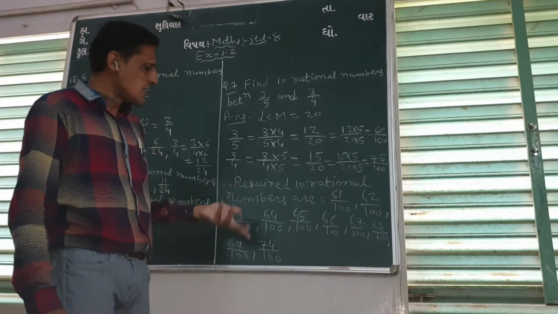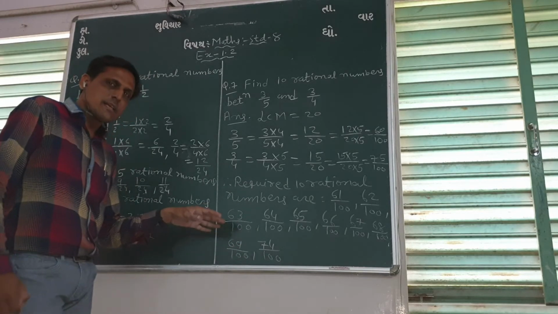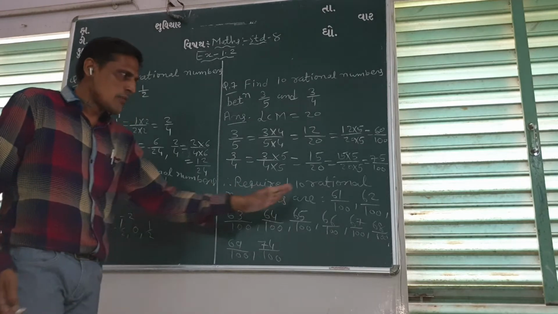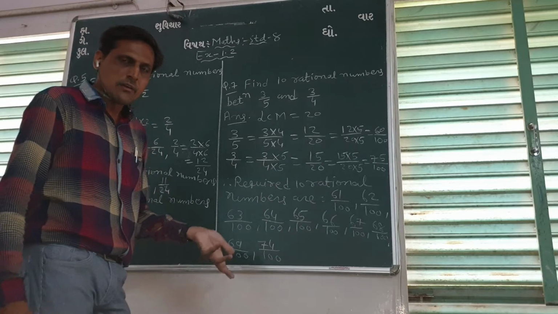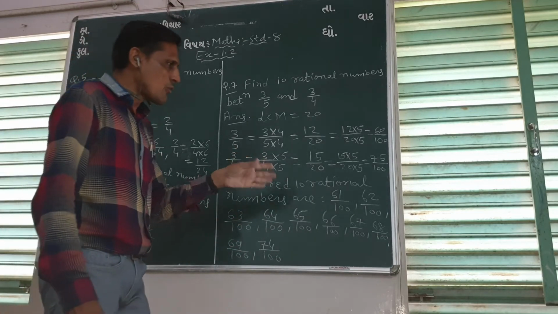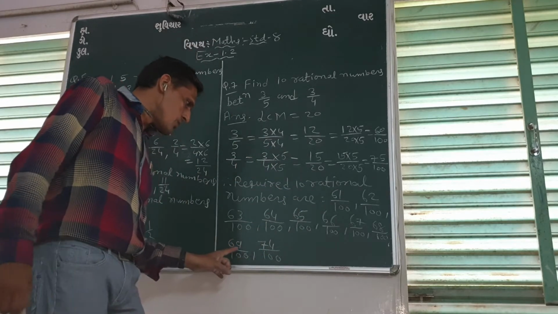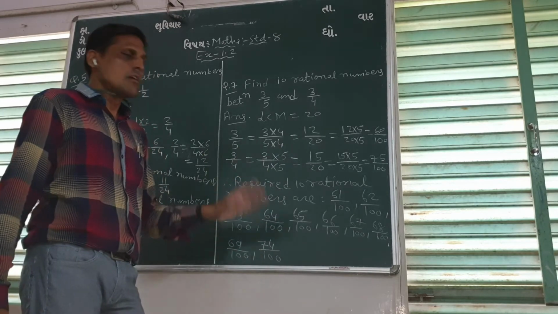Right? We can write 70 by 100 instead of 69. We can write 72 by 100, 71 by 100 also we can write. Okay. We can remove any one or two from this, and 71, 72, 73 we can write. Right? Three numbers we can remove. And so we have to write any 10. We have written 61 to 69, and then one number 74 we have written. So 10 we have written.